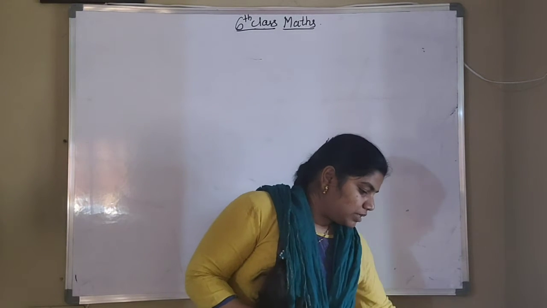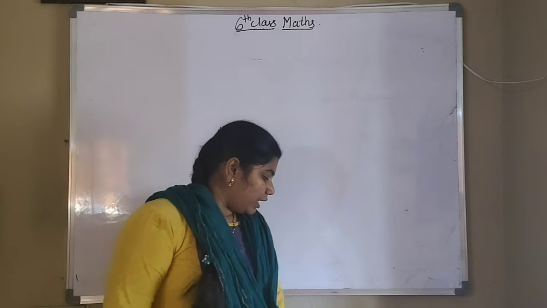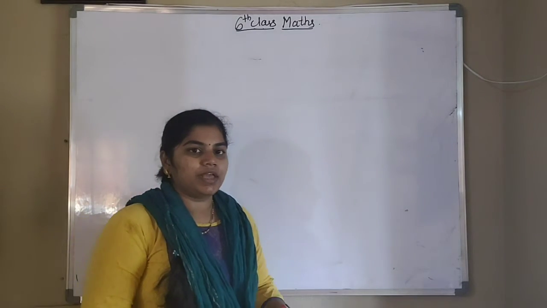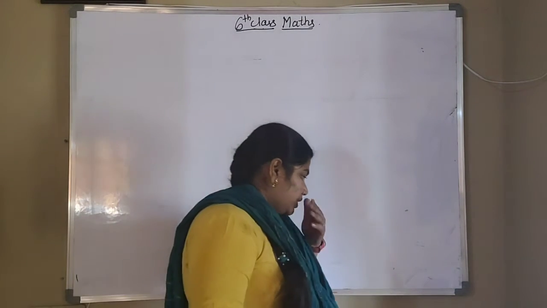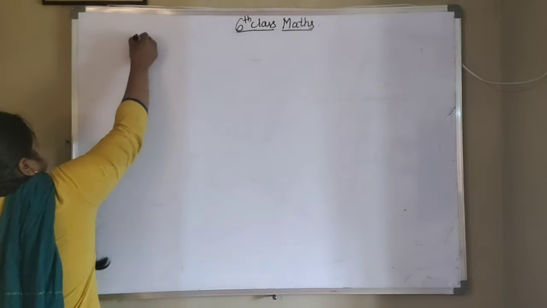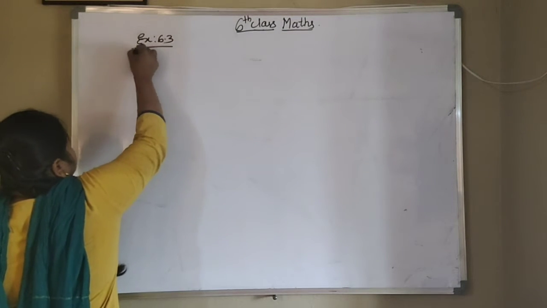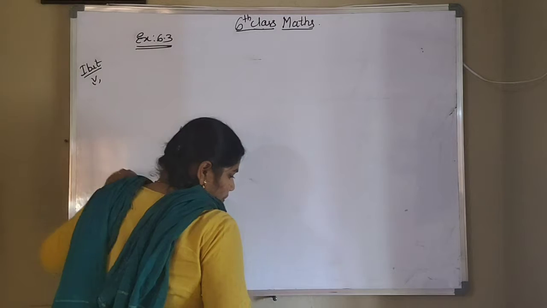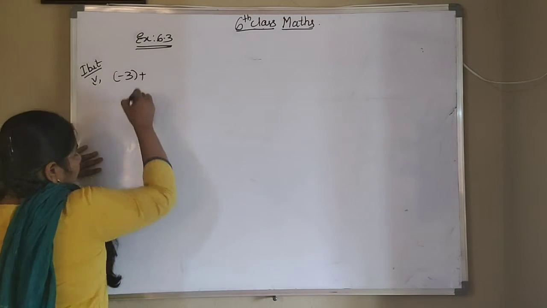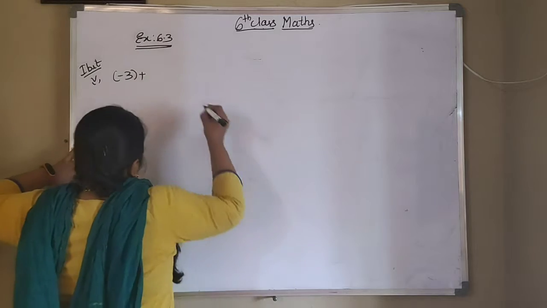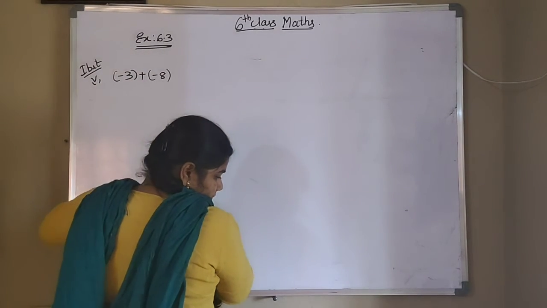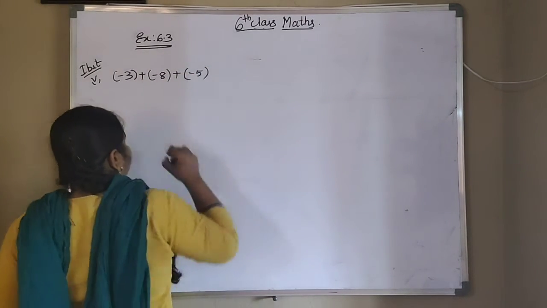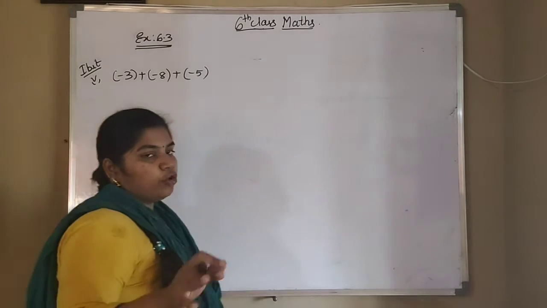In exercise 6.3, in the first bit, I gave you the fifth and sixth problems as homework. So once you check it, here, first bit, fifth one. So what is that? -3 plus of -8 plus of -5. So this one we have to represent on a number line, and four conditions I have given